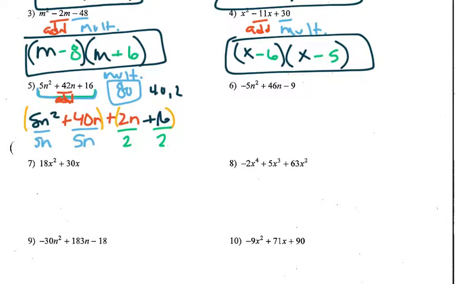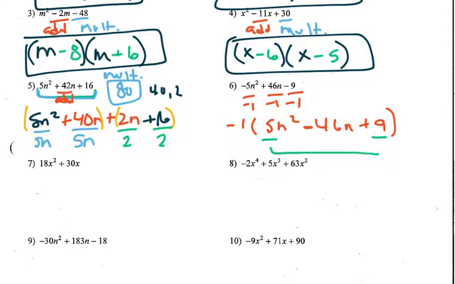The next one is the same idea. Again, first checking to see if there's anything that can divide out of all of them, which I guess technically is a negative, so we may as well do that, because taking out as many negatives as possible is always helpful. So if we take out a negative 1, we're going to be left with positive 5n squared minus 46n plus 9. And then we're going to try to find what multiplies to be 9 times 5, so what multiplies to be 45,